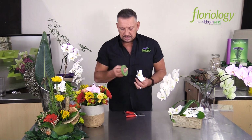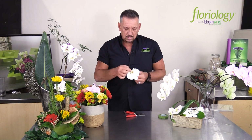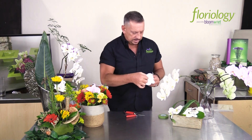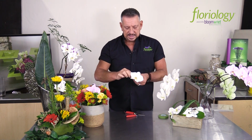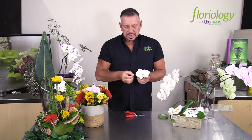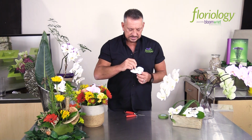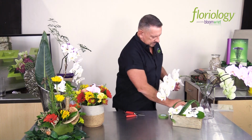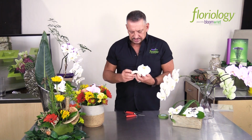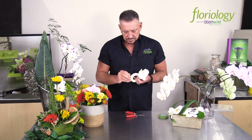You can tape it off with whatever color tape. But if you're using it for wedding work and you don't want to see that little bit of wire that goes across that beautiful bloom, this is very old school, back from a long time ago. A little bit of that white tape across the center becomes your hairpin support. Again, it's going to go right down into the throat, and then because of it being white, it really just disappears. We do not see that on the top